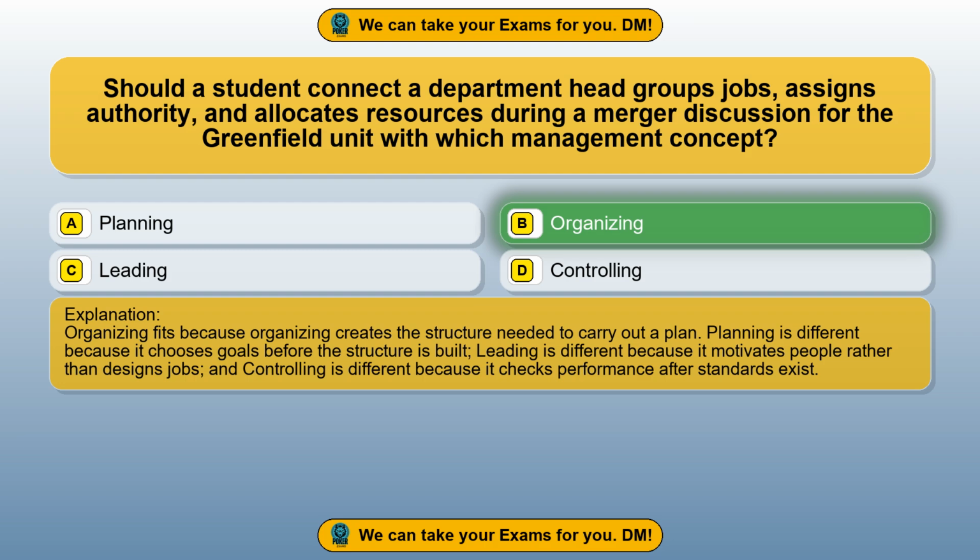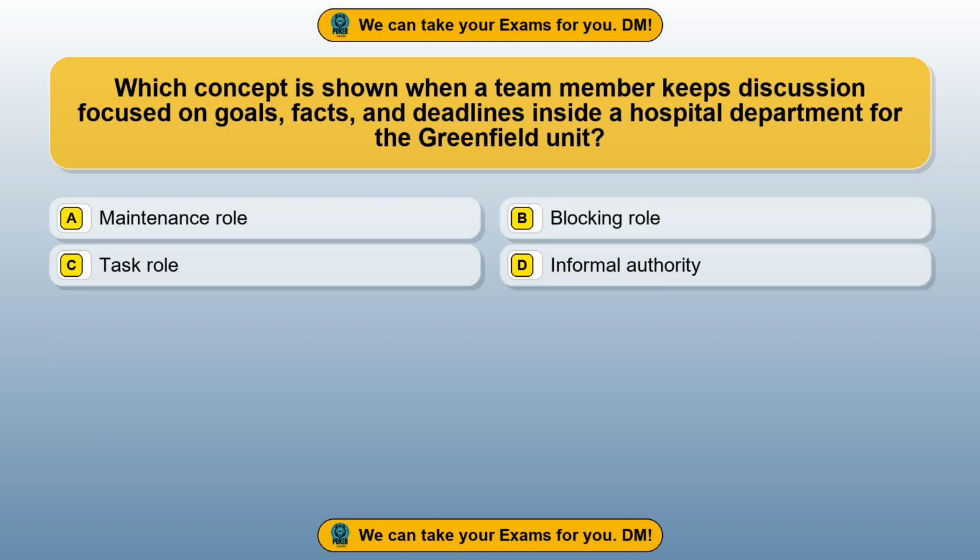Organizing fits because organizing creates the structure needed to carry out a plan. Planning is different because it chooses goals before the structure is built. Leading is different because it motivates people rather than designs jobs, and controlling is different because it checks performance after standards exist. Question 83. Which concept is shown when a team member keeps discussion focused on goals, facts, and deadlines